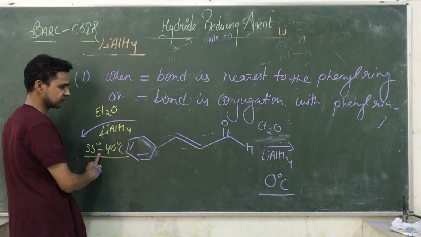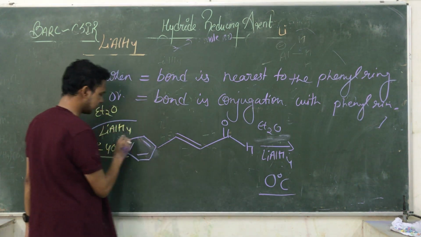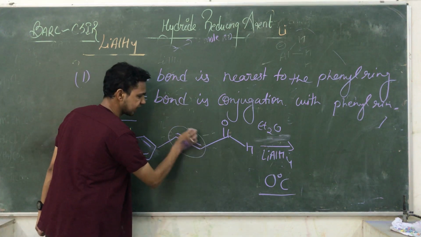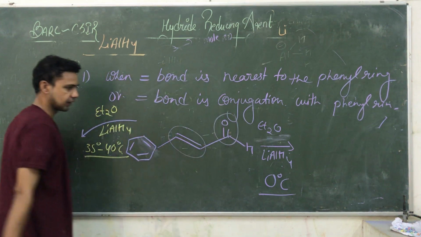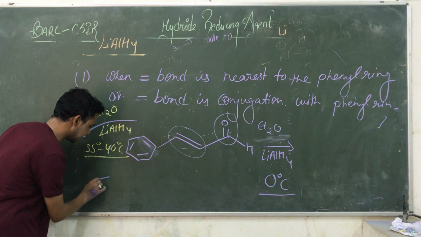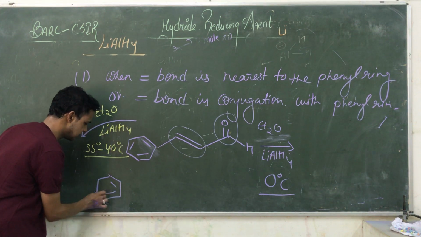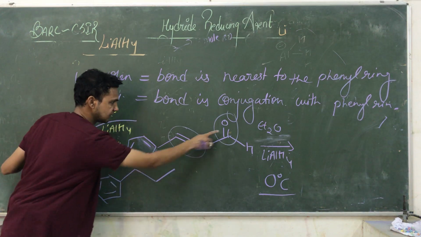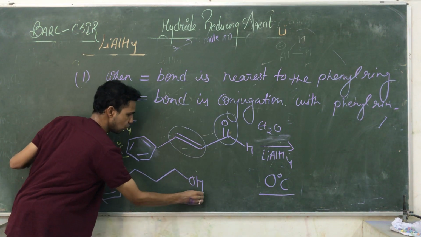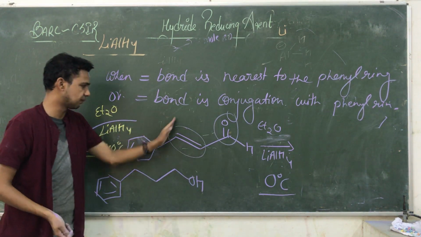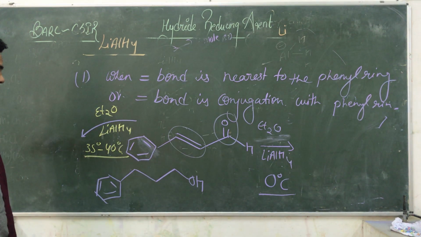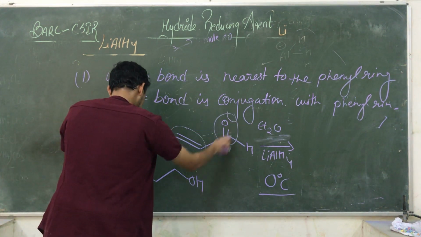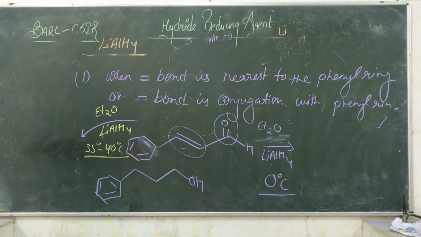अगर आपका temperature 35 है तो lithium aluminum hydride इसे भी affect करेगा और इसे भी affect करेगा. So which type of molecules are you getting? We are getting benzene as well as remain same. Double bond is disappeared and this is converting into OH. So here the double bond is converting into a single bond and here the aldehyde group is converting into the alcoholic group.